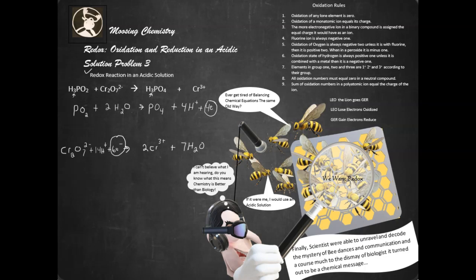What's common between 6 and 4? That's simple. That's 12, right? So that means we have to multiply this top equation by 3 and this bottom equation by 2. So what's that going to give us? Well, we're also going to put our hydrogens back in now. So this is going to give me